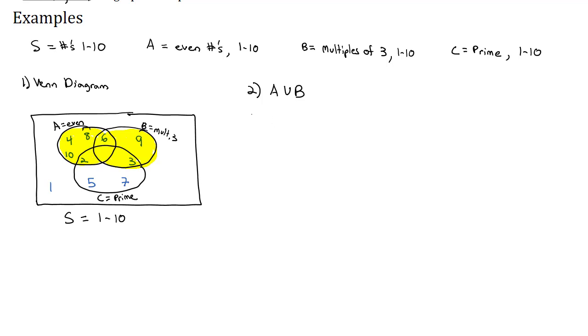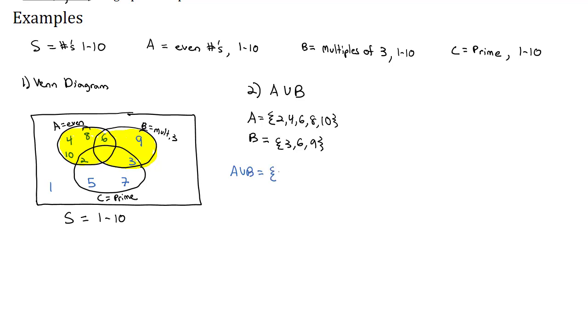So sometimes it helps to define clearly what is A. A is the even numbers. That's 2, 4, 6, 8, and 10. What's B? B is the multiples of 3. That's 3, 6, 9. So if we want A union B,